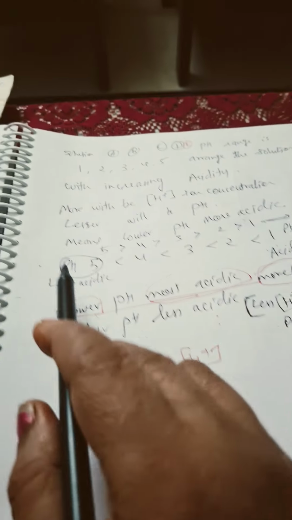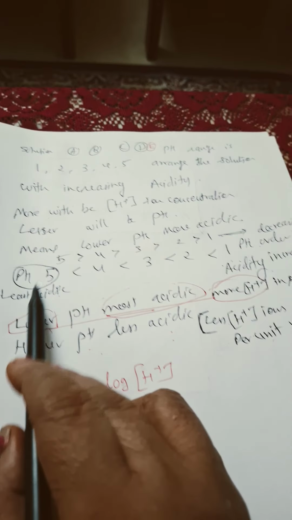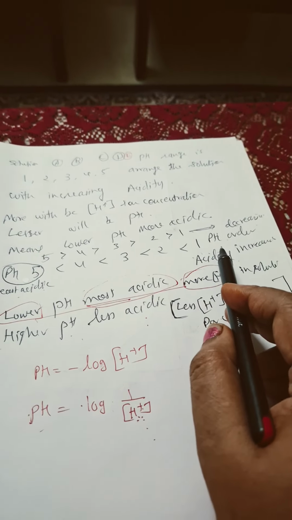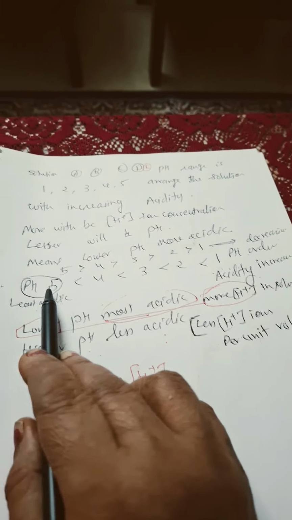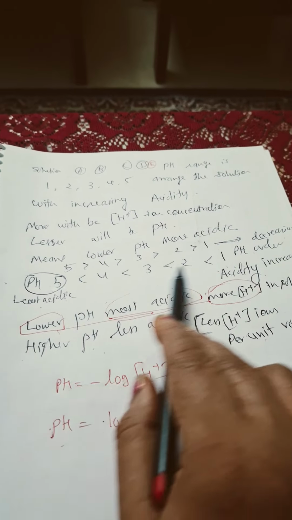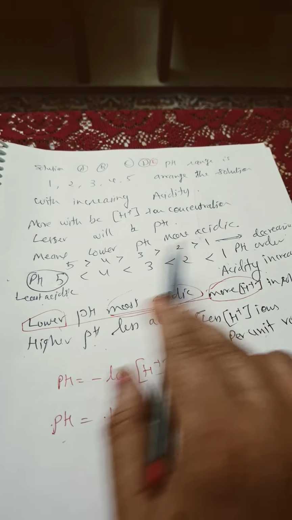So which is least acidic? pH 5 is least acidic, pH 1 is most acidic. And acidity here, from here we will see that it is increasing from this